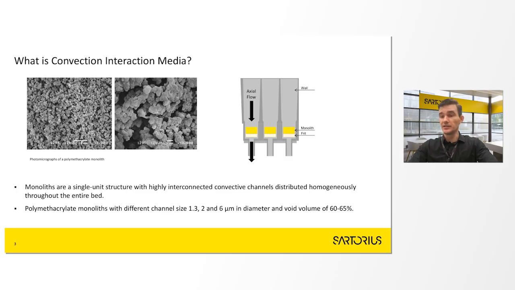We can pack them in analytical column format, in preparative column format, or in well plate format. And on the right, we can see an example where we pack our monoliths in a multi-well plate format. So 3 wells, where on the bottom we have a frit that offers support to the monolith. This is where the purification happens. Above the monolith, we have the sample well. This is where we put our sample, and we elute our sample at the bottom with vacuum, positive pressure, or